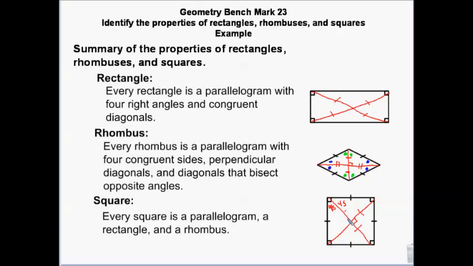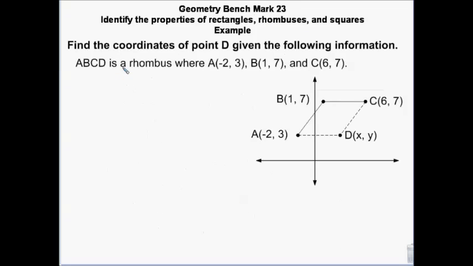And then all four of these lengths are the same. So you get all the properties all in one nice little square package. Now, we want to find the coordinates to make this a rhombus, which means I need this length to be the same as this length and this length to be the same as this length. I can test that everything's the same length